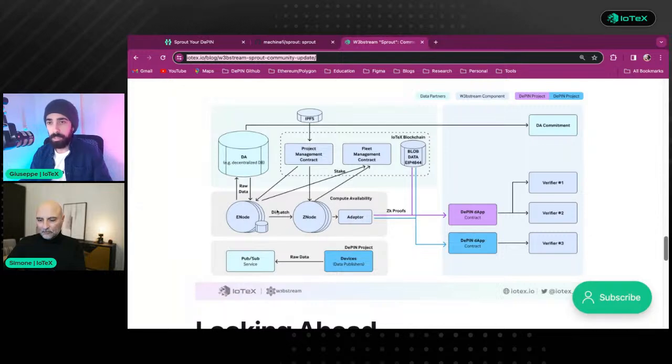There will maybe be various other components, such as a data availability component. There will be some orchestration on the IoTeX blockchain. And I guess maybe we can start with that, right, Simone? We can talk a little about the relationship between this IoTeX blockchain and the 0 nodes,